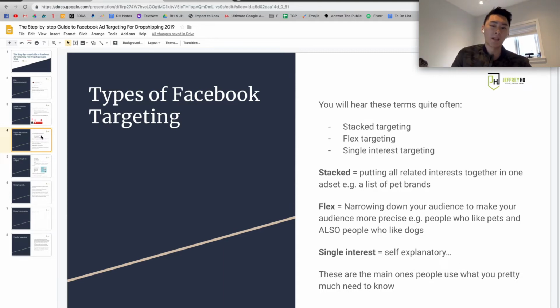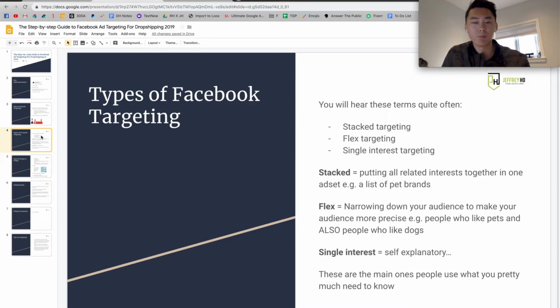Second one is going to be flex targeting, where you're going to be narrowing down your audience to make your audience more precise and targeted. So for example, if you are selling a dog product, you might target people who like pets and also people who like dogs. Or for example, if you're selling a specific breed of a product like Pomeranians or pugs, you would target dogs and then narrow it down by people who also like pugs.